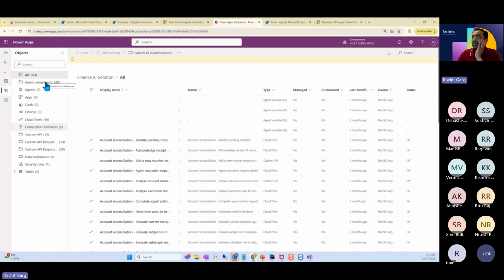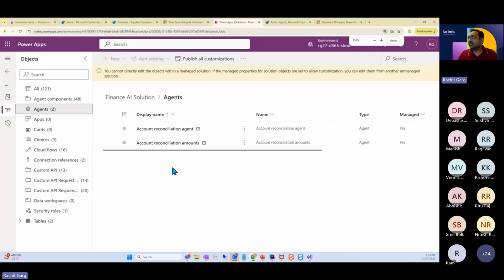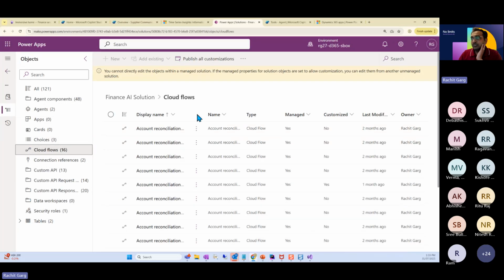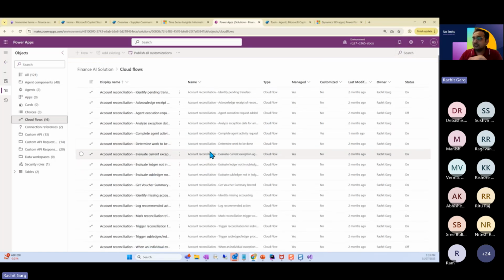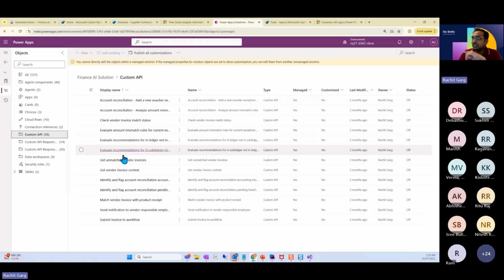here you will be able to see that there are altogether 121 components which are making this supplier communication agent in Dataverse. I'm not talking about X++ code, which is sitting in F&O, but you will see there are two agents, account reconciliation agent and inbound and outbound. Then there are 16 flows. These are Power Automate flows, which are doing different activities. All these Power Automate flows you can see in your Power Automate. It comes with 13 custom APIs in Dataverse, which are checking a lot of things.